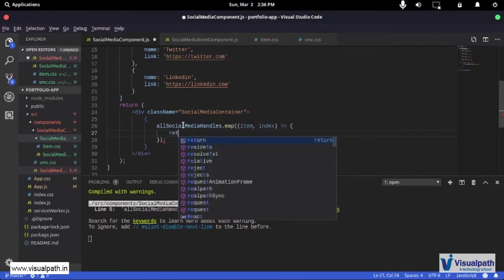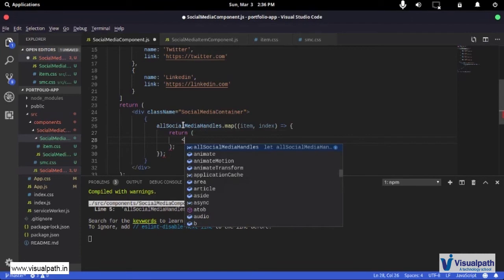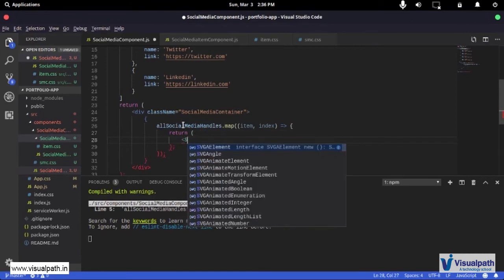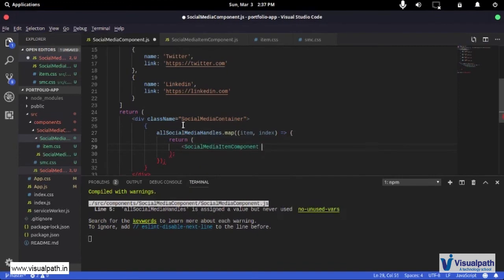So in the return, I'm going to return some JSX. What my JSX will look like is a social media item. So I'm going to return a social media item, and then I have to pass two things to this. So I have a name.